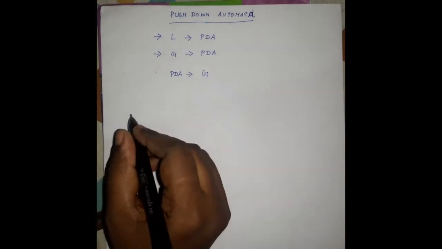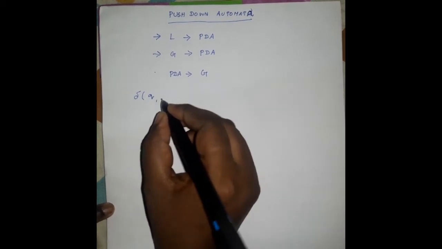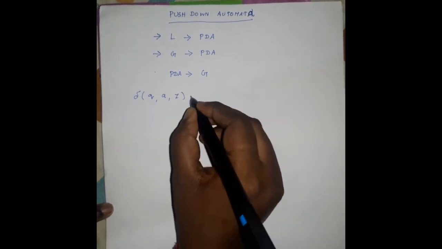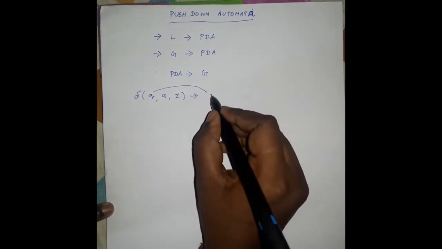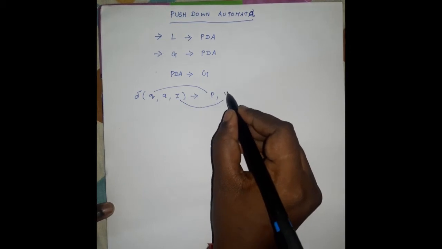Before that, we should know how to perform the transition function on push-down automata, because it is not similar to finite automata. In push-down automata, using the stack concept, the transition function changes a little compared to finite automata. In push-down automata, the transition function delta of q is the current state, it gets the current input symbol, it indicates the stack symbol, and it goes to the next state, and here the stack symbol Z is replaced by another stack symbol.